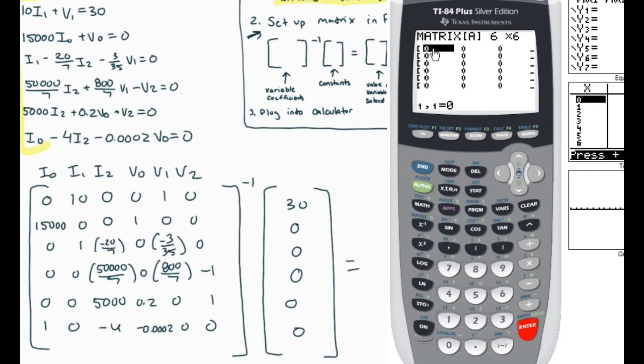And then what you're going to do is just go through each row and input the exact values that we derived earlier in the video. So for this first row, we have a 0, 10, 0, 0, 1, 0. For the second row, we have 15,000, enter 0, 0, 1, 0, 0. And then for the next 4 rows of the matrix, I'm just going to input the exact same values that we came up with earlier,